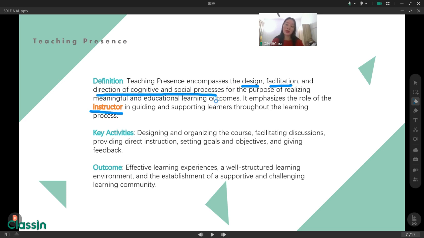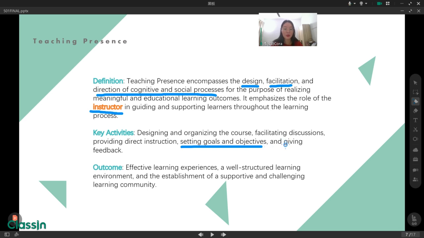And let's look at the key activities here. For the key activity, we also have about four activities. We just pick some of them to explain. For about this one, setting goals and objectives, like the starting of our course. We also set a goal for today's topic.